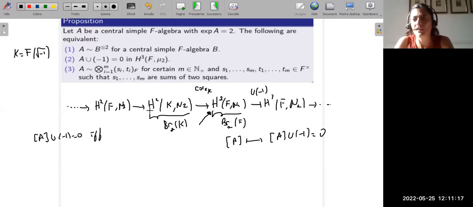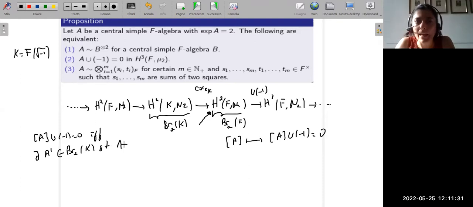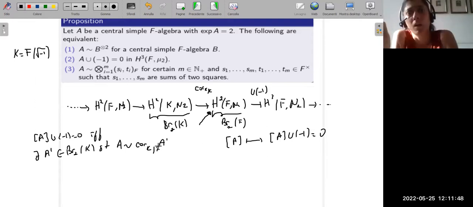I will write it in terms of algebras directly: if and only if there exists a central simple algebra A' over K of exponent 2 such that A is equivalent to the co-restriction of this algebra. Now A' has exponent 2, so I use Merkurjev's theorem. This means that it is given as a tensor product in the Brauer group